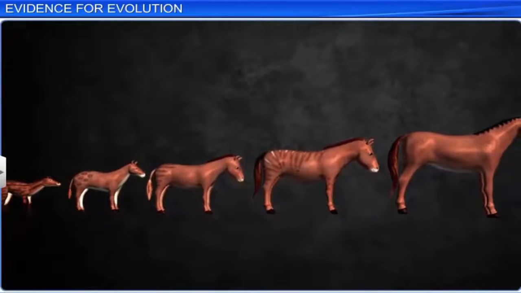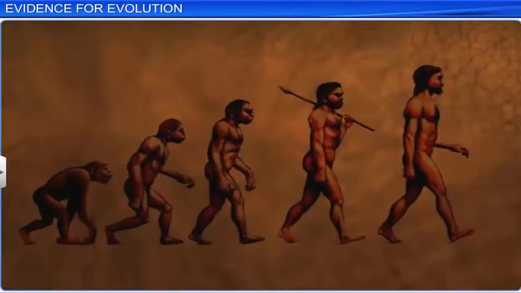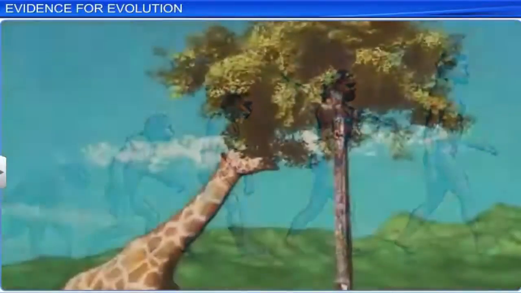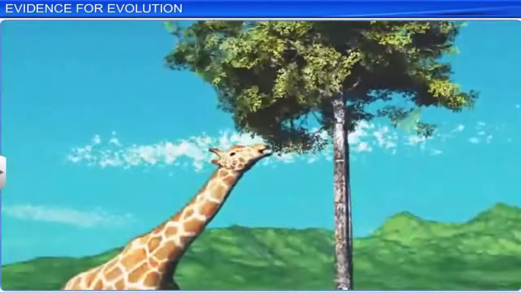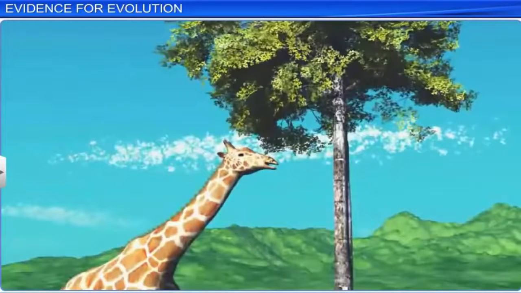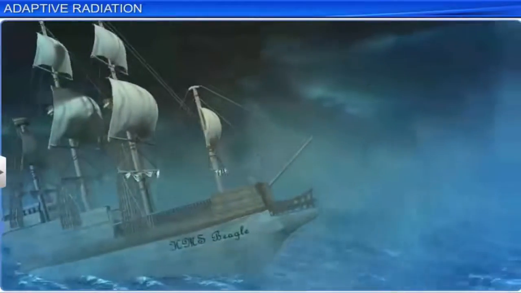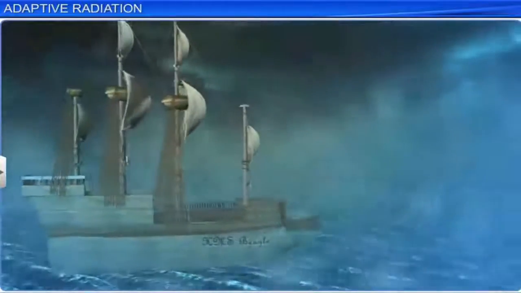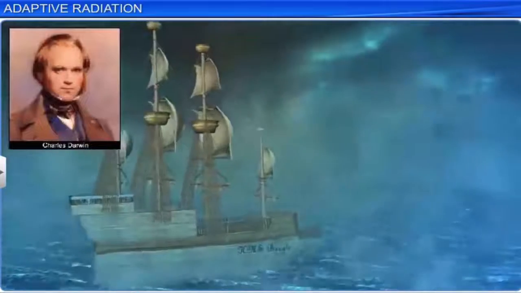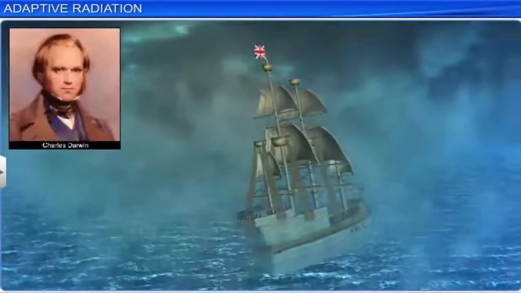Therefore, we conclude that evolution is not a predetermined process, but a random process. It is completely based on chance events, chance mutations, and it is also impacted by human activities. During his long expedition on the HMS Beagle, Charles Darwin carried out several interesting studies on the geology of different places.